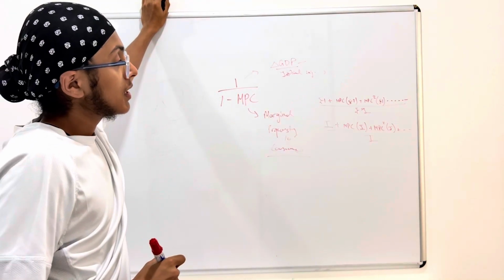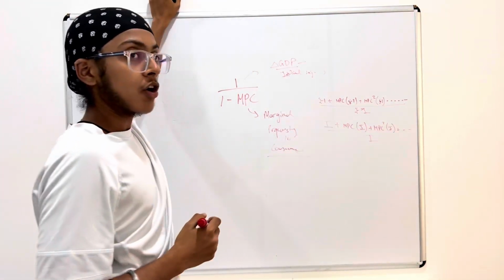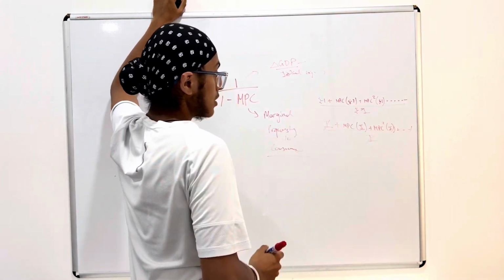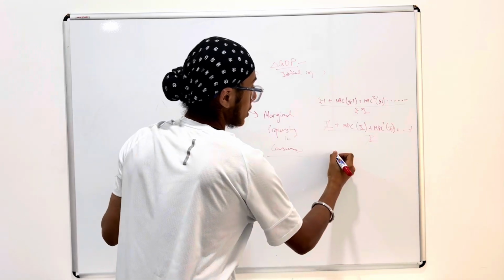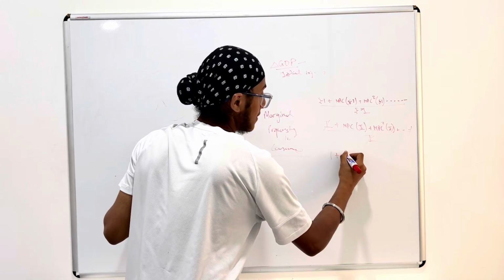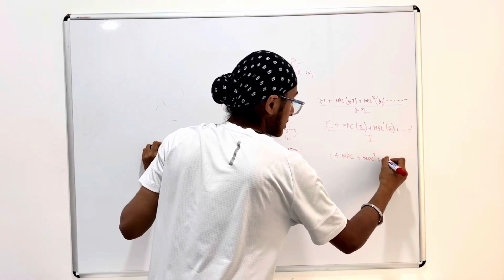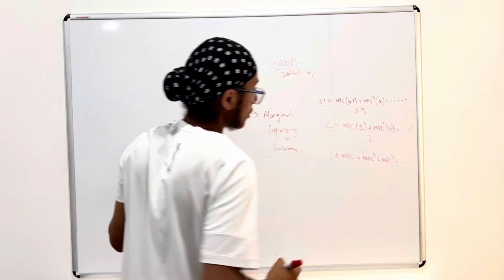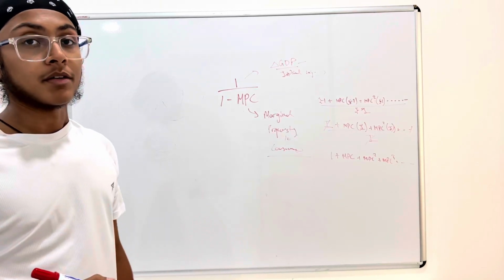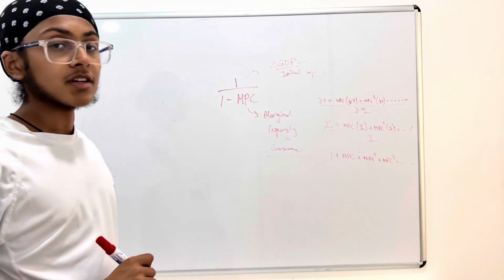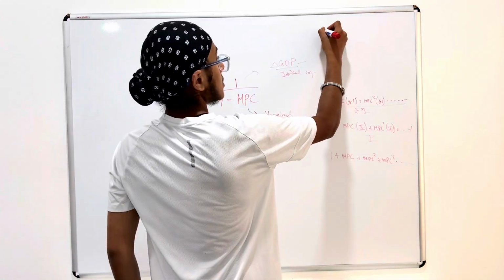Now you see that each one of these terms has I common, so we can cancel I out from the upper terms. So what we get is a nice formula, which is 1 plus MPC plus MPC squared plus MPC cubed, on and on, infinite amount of times. So you can recall that the sum of an infinite series,